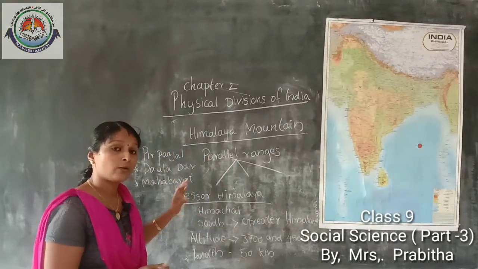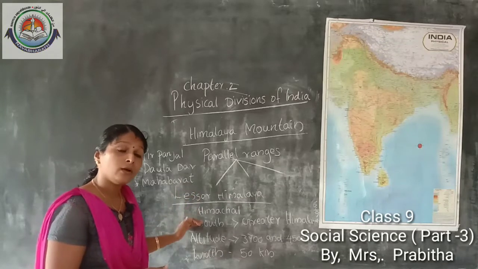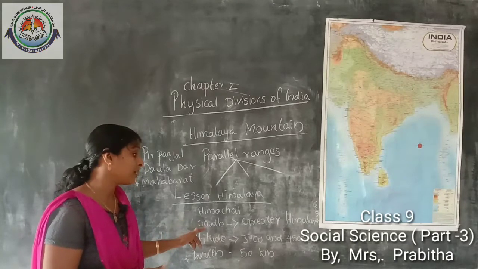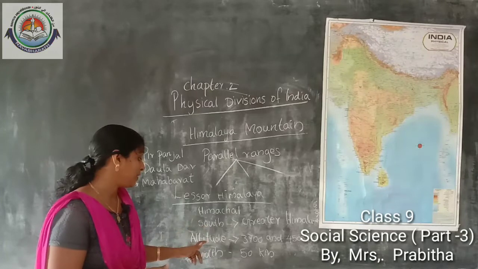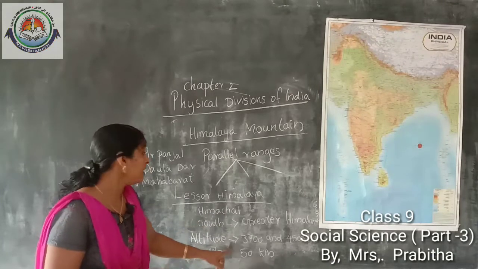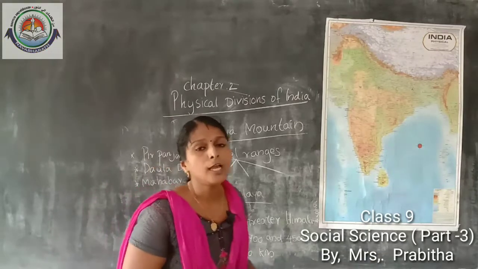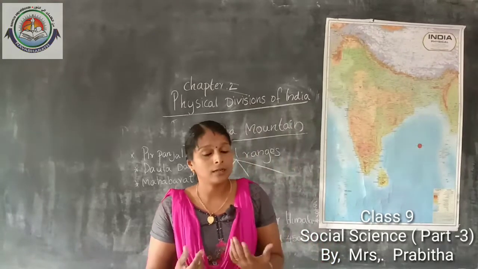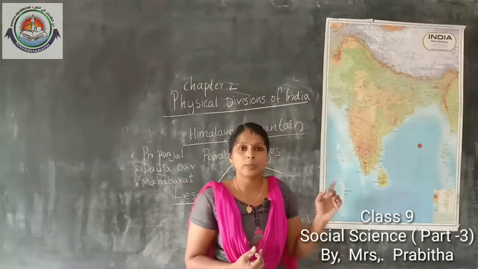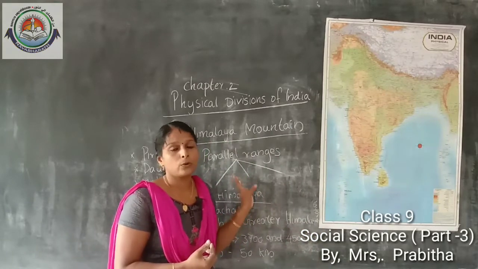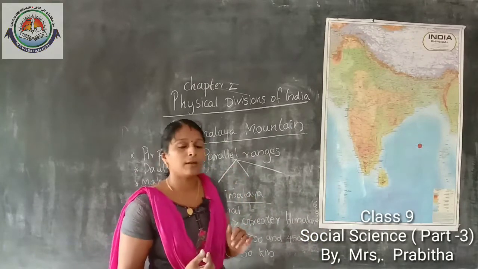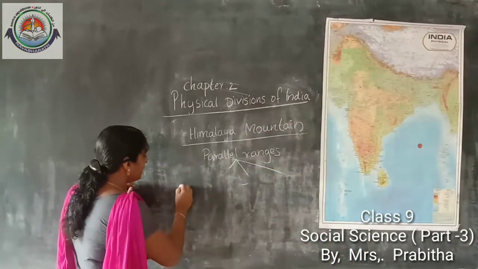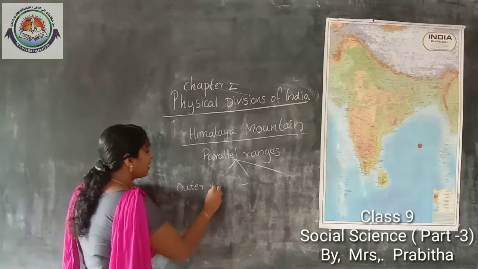So Lesser Himalayas are also called Himachal. It lies on the south of Greater Himalaya, its altitude varies from 3,700 to 4,500 meter, and its width up to 50 kilometer. The Pirpanjal range is the longest range in Lesser Himalaya, and Dhauladhar and Mahabharat ranges are other prominent ranges situated in this Himalaya. Hope you all got the idea about Lesser Himalaya. Next we can discuss Outer Himalaya. Okay, this is the third parallel range of Himalaya. It is Outer Himalaya.